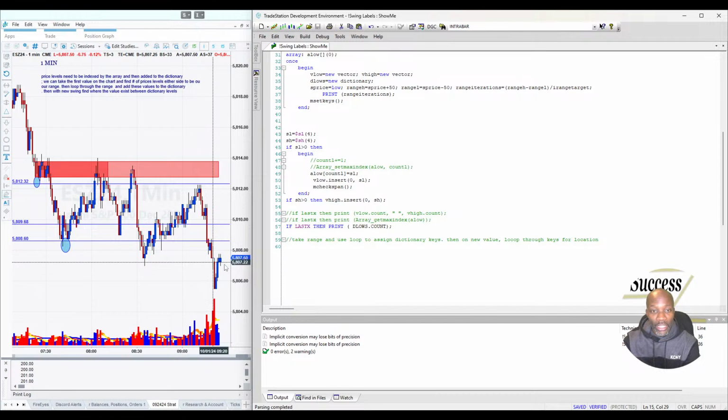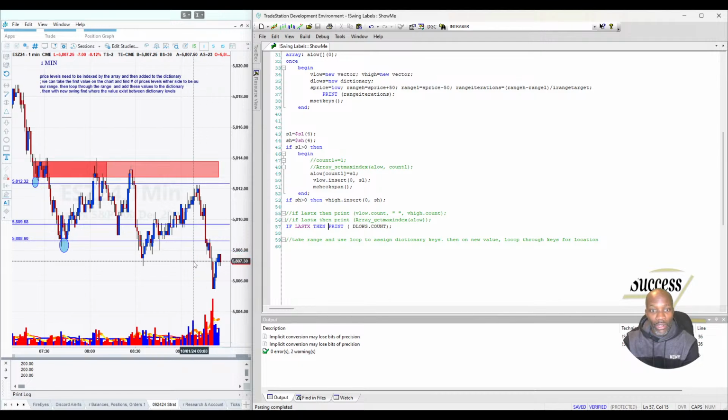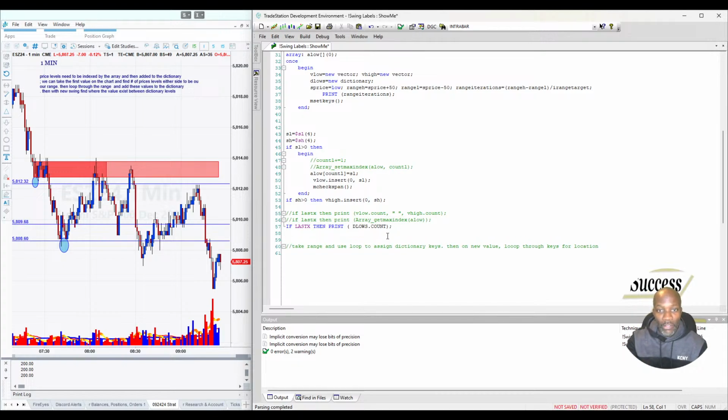So we could say now that we're at the end of the chart, we should be able to ask it how many swing lows happened at this index, whatever this index is. So let's kind of try it. Let's say, what level are we at now? Let's say this swing low here happened at 5806.97, or I guess 5807. So let's ask if the last bar on chart